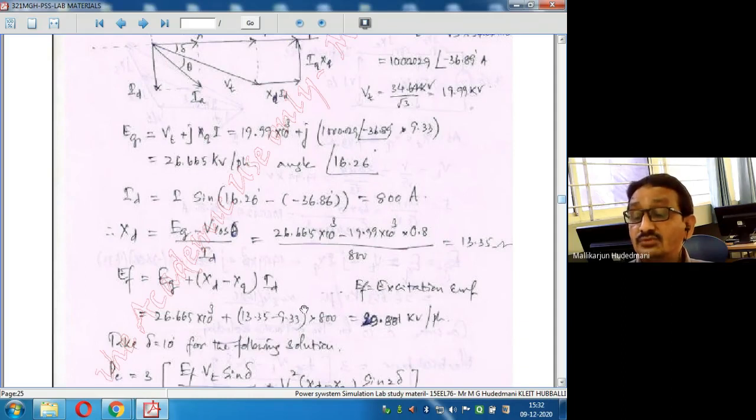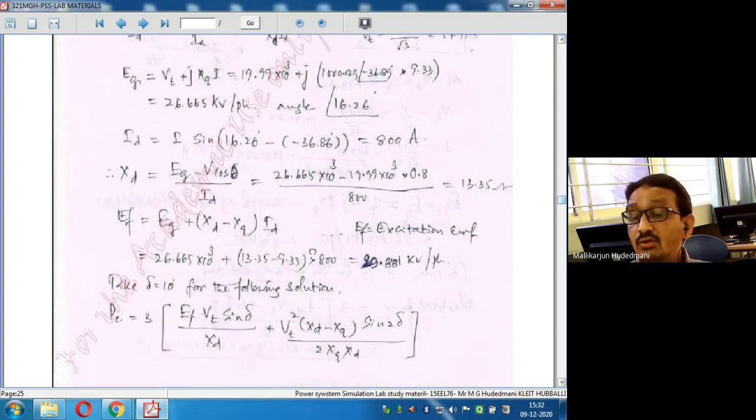Now the question comes, just look into this scenario. How does power transfer between two buses take place? In the general stability concept, if you recall, I have two buses. Bus number 1 is at voltage V1. Bus number 2 is at voltage V2. Between the two buses, let us imagine a transmission line having reactance X.